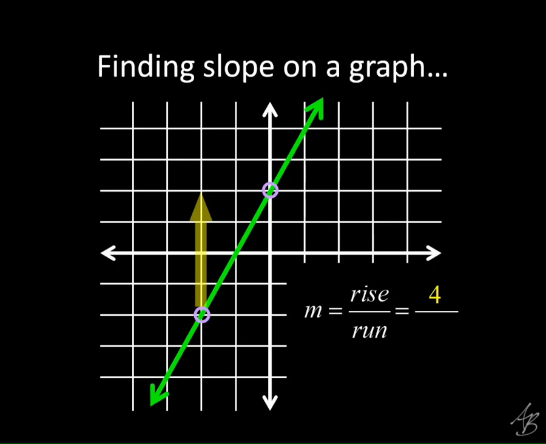And then once we go up and we're even with it horizontally, then we're going to go to the right. And how far do we run then, Scott? 2. All right, so our run is going to be 2. Is it positive or negative? Remember, when we start on the left, it's always going to be positive, right? Because we're always going to the right. So our run's going to be 2. All right, do you think this is a good way to leave my answer? Do we have to simplify? Yeah, we should definitely simplify that.